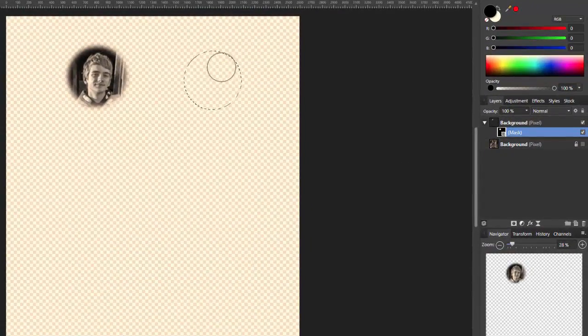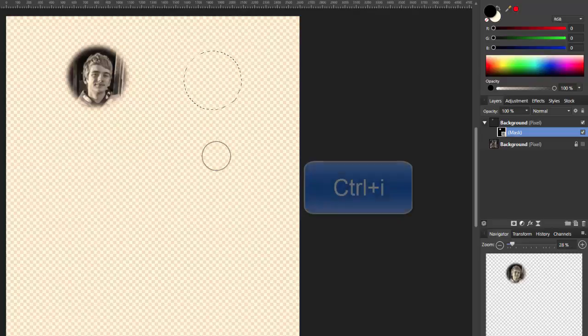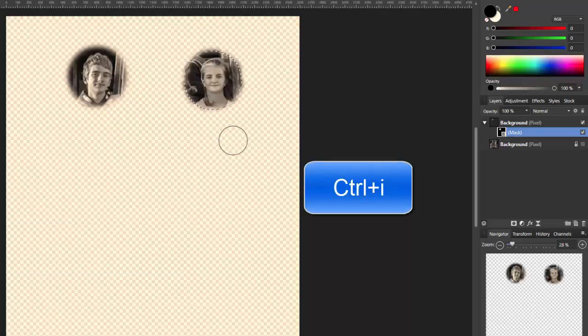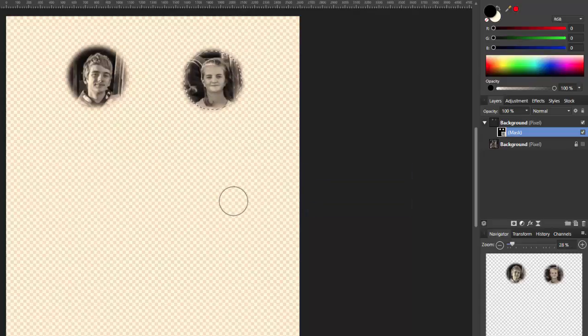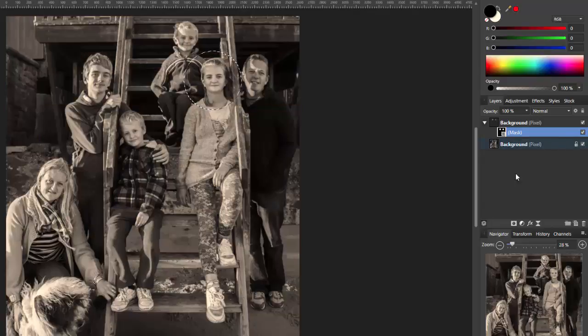What I'm going to do is paint in over this area here. I know you can't see anything happening at the moment, and then once I think I've got it all finished, I'll just press Ctrl and I, and then you have that circle there made. So again I can highlight the background,